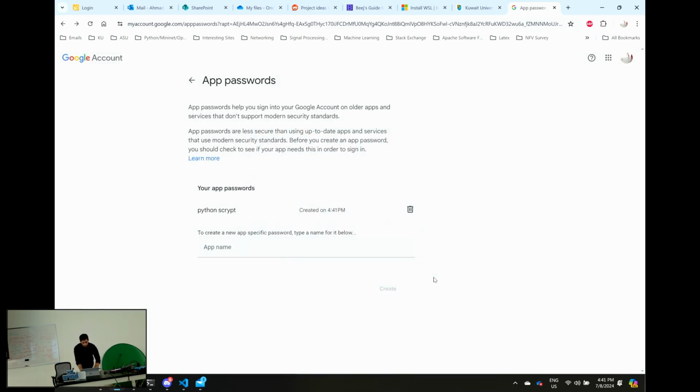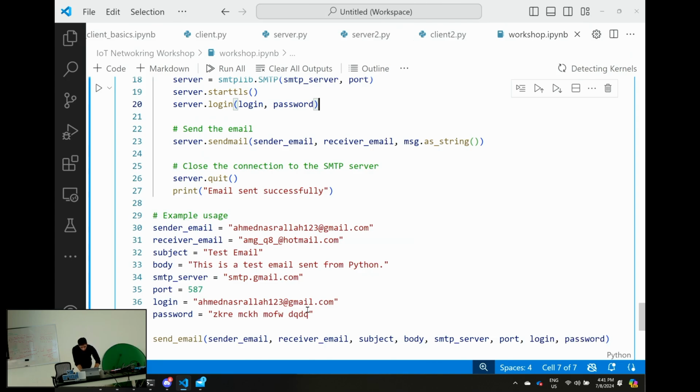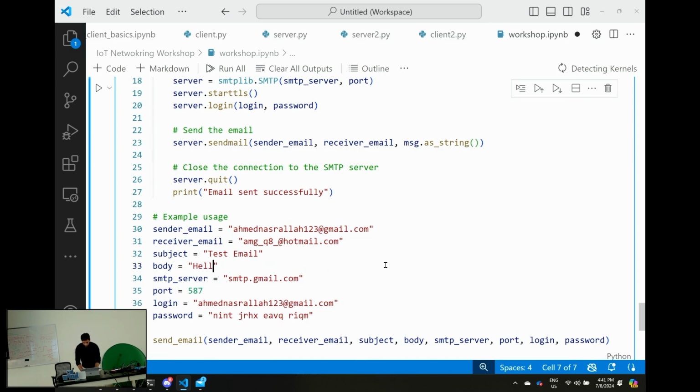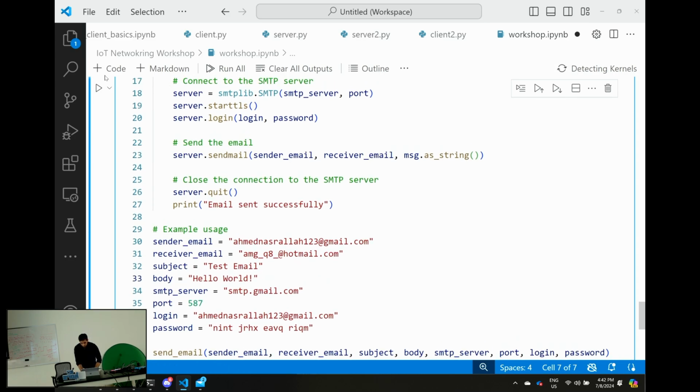It creates a new one every time. Paste it here. It's only a one-time thing, basically. And then you can just run this. It doesn't matter what you send. So if you run this,